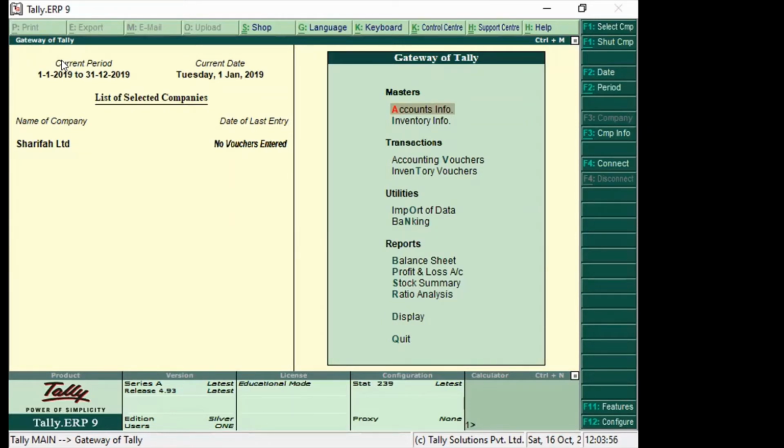So, the major pathway here is the Gateway of Tally. Gateway, this allows you to do everything in Tally. And before you do this, sometimes you need to know some major configurations that you're supposed to make. When you're the lucky one, maybe you're in the second shift, you'll find your friends have configured for you and you just enter. But when you're the first one, you have to configure by yourself. So it is better to know how to configure.